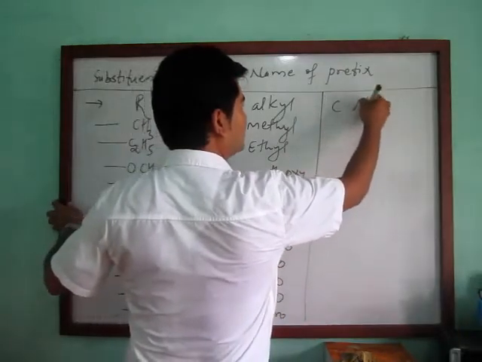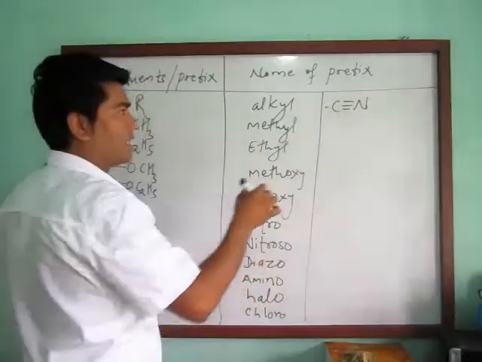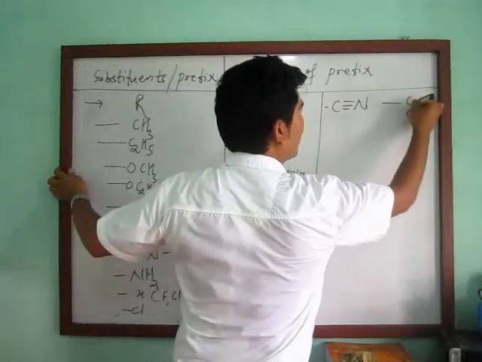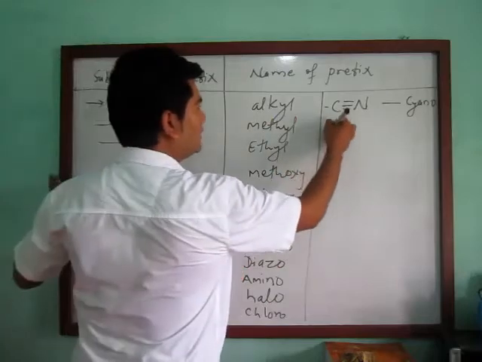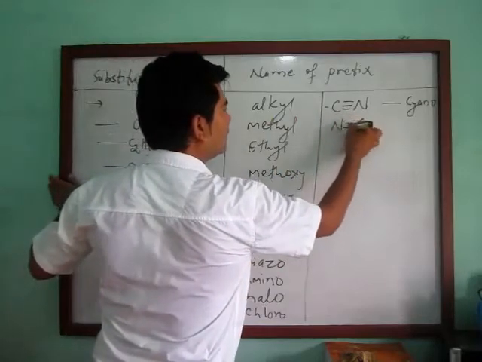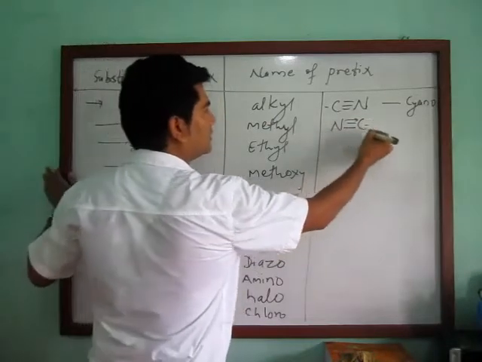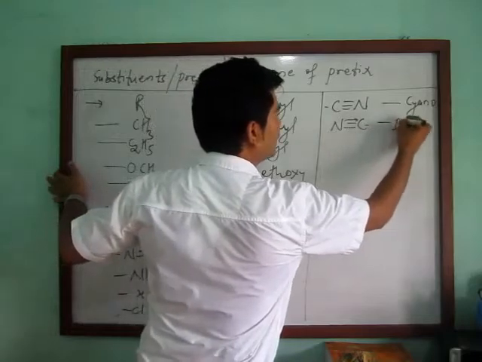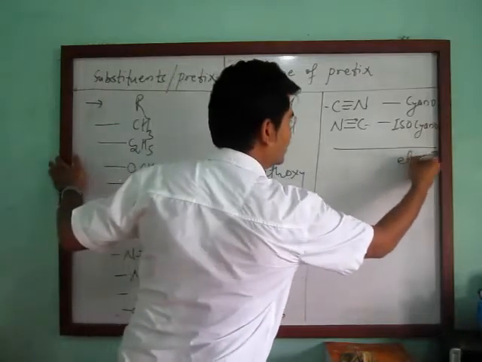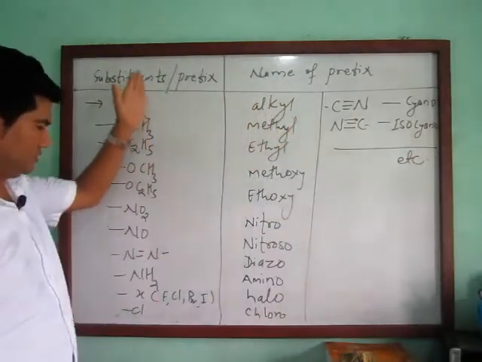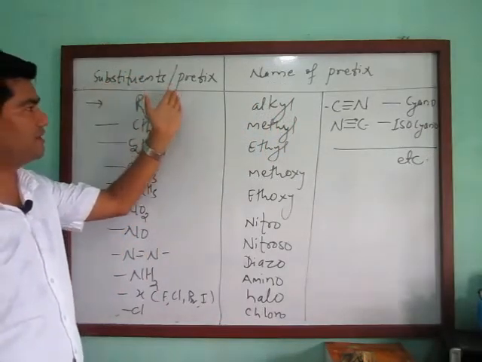And if there is a CN group present as a branch, then we should use cyano. Okay, for this one, like this. This one is isocyano, and so on. Okay, these are the very simple examples of the substituent, or you can say the prefix, and